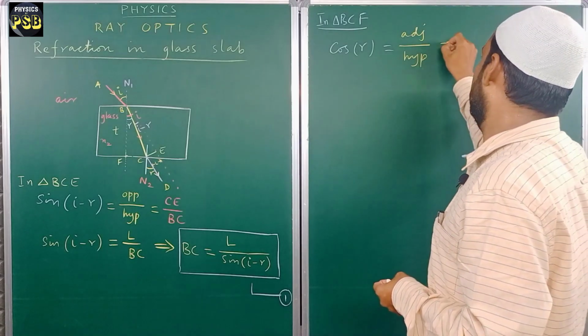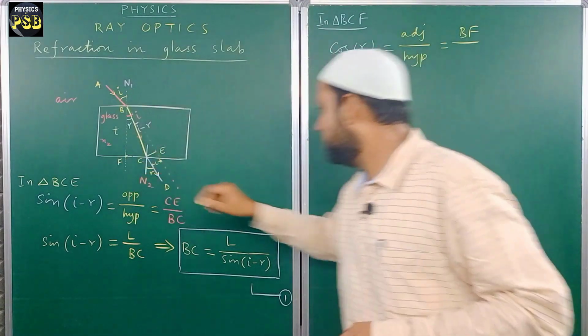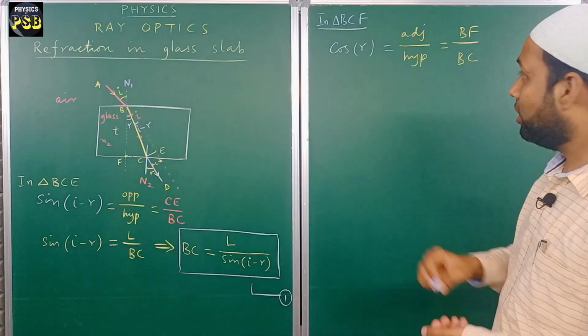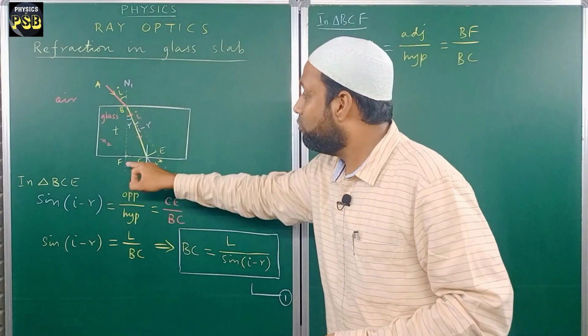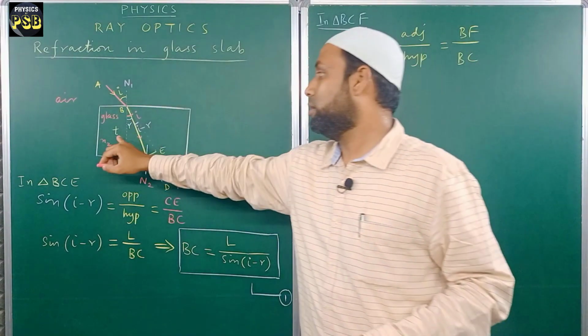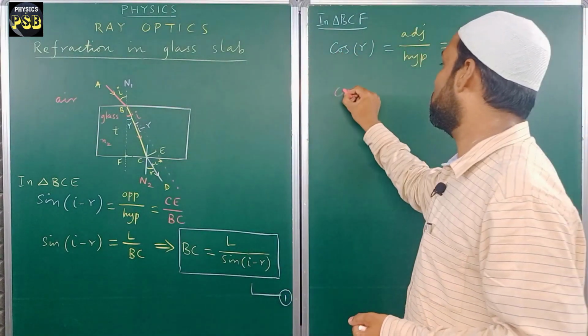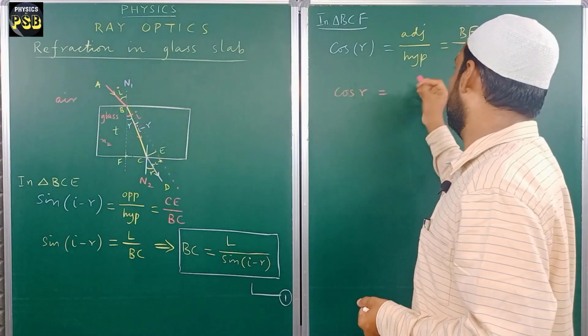The adjacent side is BF and the hypotenuse is BC from the diagram. From the diagram, we know the value of BF is T, which gives the thickness of the given slab. So cos of R is nothing but